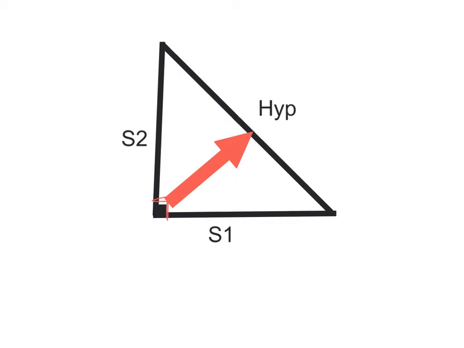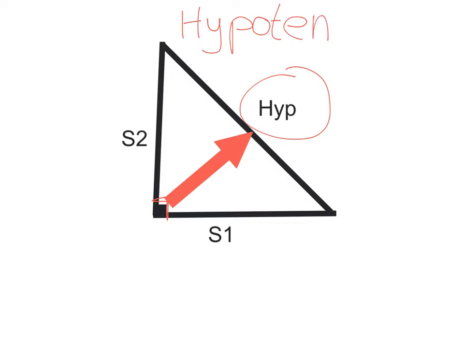In Pythagoras' theorem, you need to know how to label the sides of your triangle before you can do anything else. Now, the most important one to label is your hypotenuse. Now that is HYPOTENUSE, hypotenuse. The hypotenuse is always the side opposite the right angle, and it is always the longest side of the